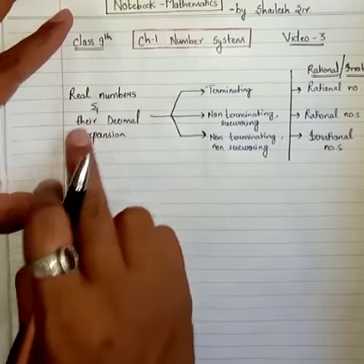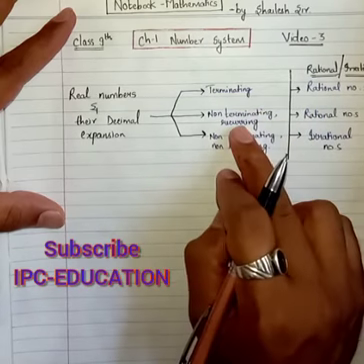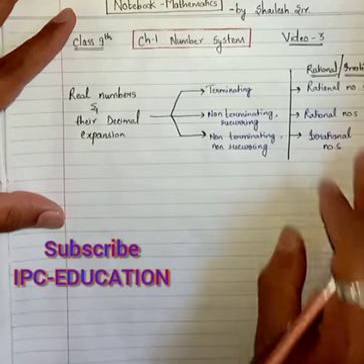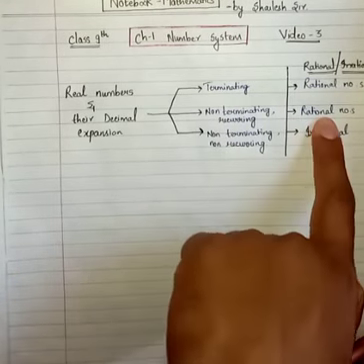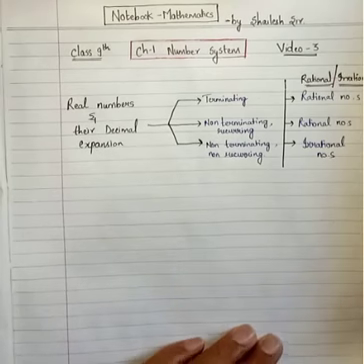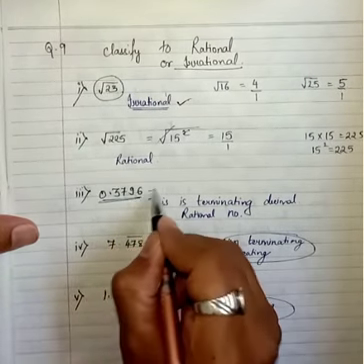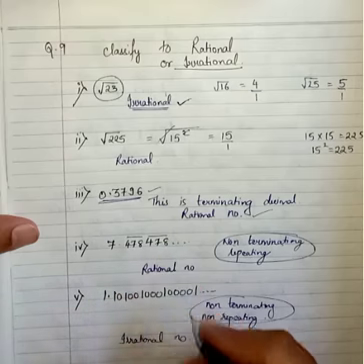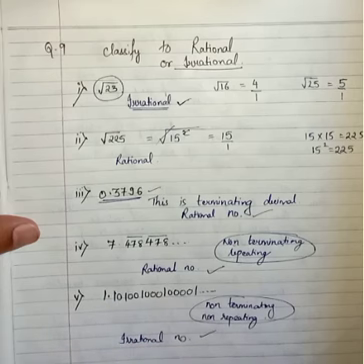देखिए रैशनल नंबर्स एंड देयर डेसिमल एक्सपेंशन, मैंने कहा था अगर टर्मिनेटिंग हो तो वो होता है रैशनल नंबर, नॉन टर्मिनेटिंग पर रिपीट हो रहा हो तो भी रैशनल नंबर होता है। और नॉन टर्मिनेटिंग के साथ साथ नॉन रिकरिंग है तब इरेशनल नंबर होता है, राइट? इसको इन्होंने लास्ट क्वेश्चन में रिपीट किया है, तो अच्छा रिविजन करा दिया इन्होंने कि ये जो टर्मिनेटिंग डेसिमल है वो रैशनल नंबर होता है। नॉन टर्मिनेटिंग यानी एंड ना हो और बार बार कुछ नंबर्स रिपीट हो रहे हों तो भी वो रैशनल नंबर होता है, और नॉन टर्मिनेटिंग के साथ नॉन रिपीटिंग, कोई भी चीज़ रिपीट नहीं हो रही यहाँ पे, तो वो होता है इरेशनल नंबर।